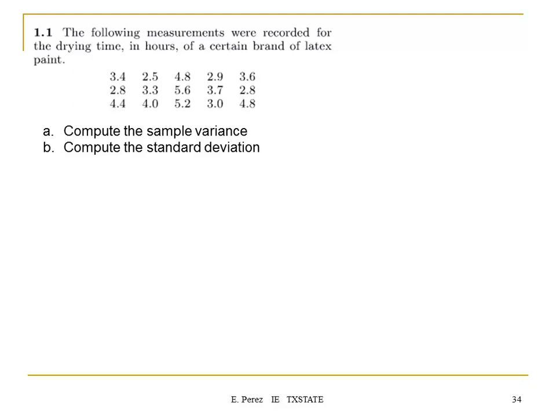for the following measurements, the drying time in hours of a certain brand of latex paint, and we have 15 observations. That's our sample. And I want you to compute the sample variance. So what will be the first thing that you need to compute in order to get the sample variance? Correct. So you need to get the sample mean, because you know that your sample variance